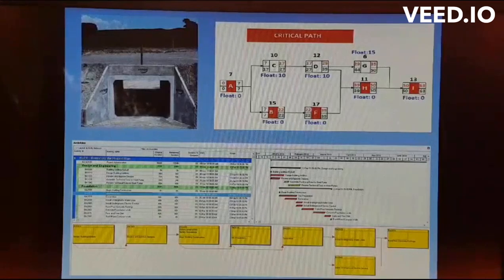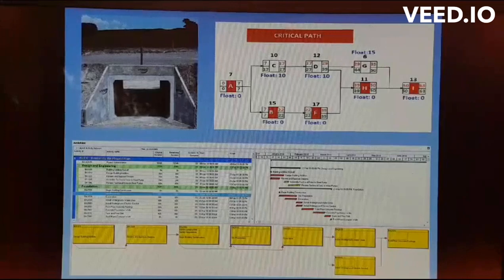After that we have seen a practical exercise, that is the construction of a reinforced concrete box culvert, and using that exercise we have seen the steps involved in estimating the project completion time using Primavera. So in Primavera we have seen how to